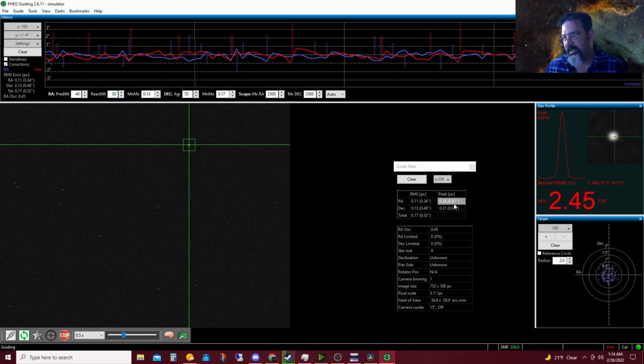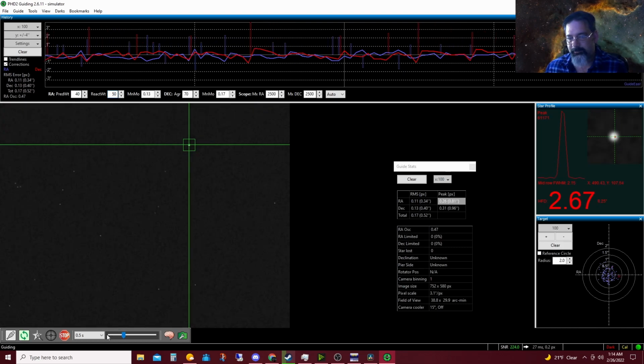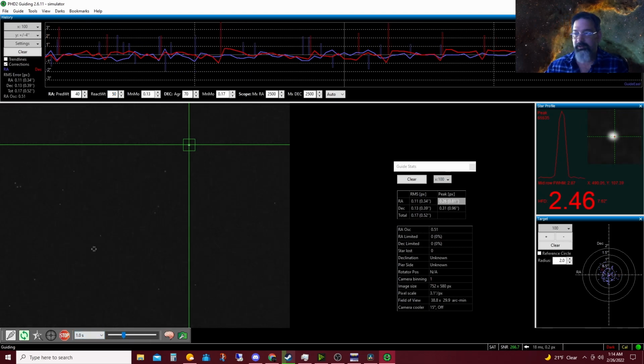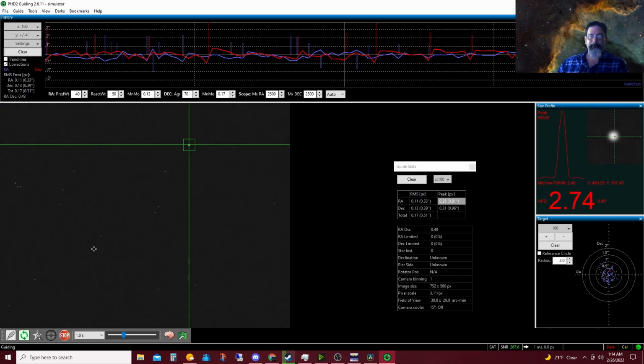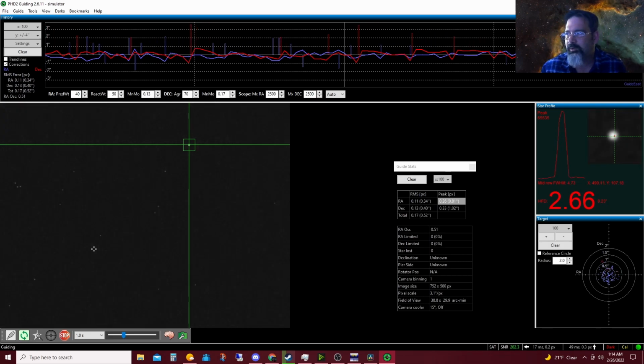We are under 1 arc second with both peaks and RMS. The only thing we can do now on higher end mounts, if you have a better mount, is switch to 1 second. It does two things for an AVX. One,